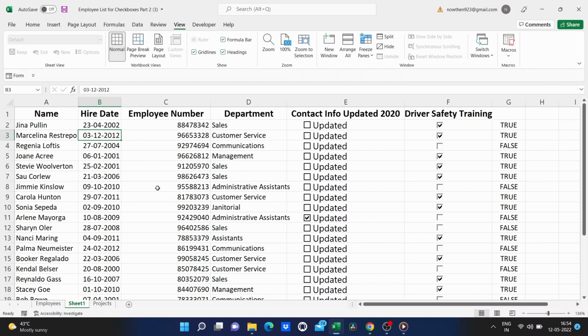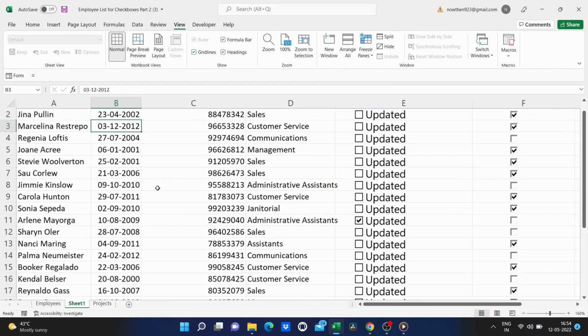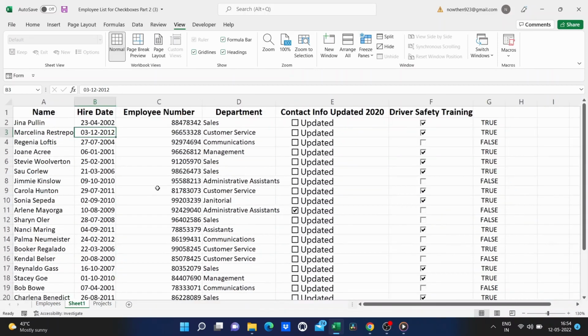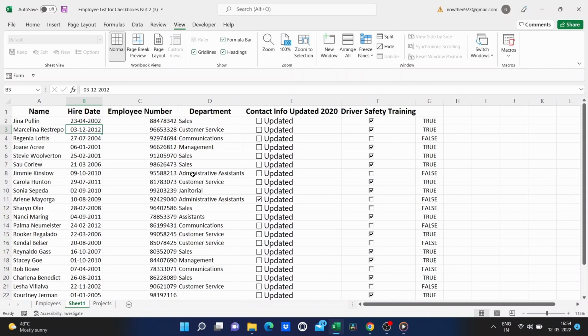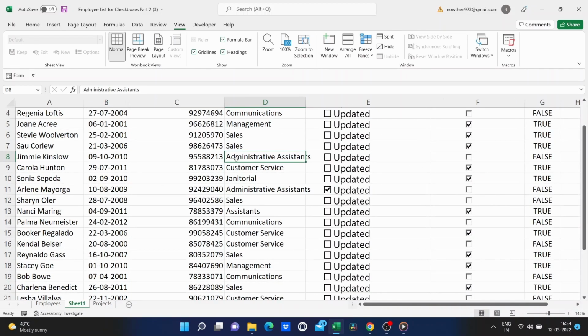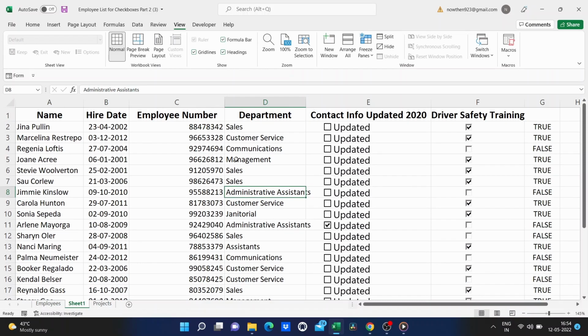In this tutorial, I will show you how to quickly and easily change the zoom level in Excel. Many times when you're in Excel, you need to zoom in or zoom out in order to see all of your data or at least more of your data. Or maybe you want to zoom in and look at the data in more depth and more clarity. So being able to zoom in and out is important.